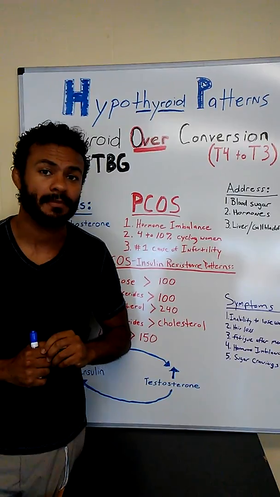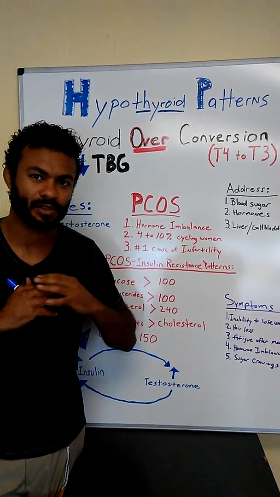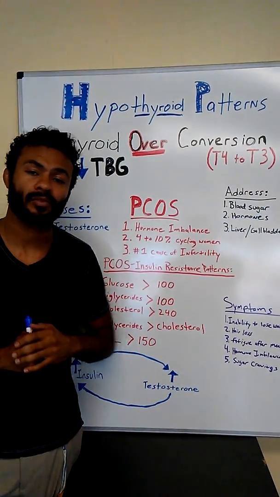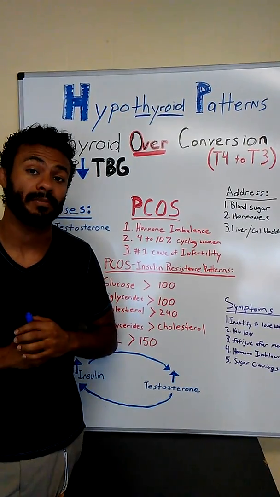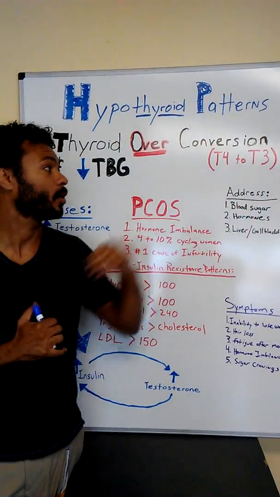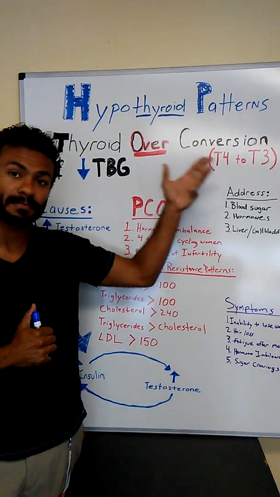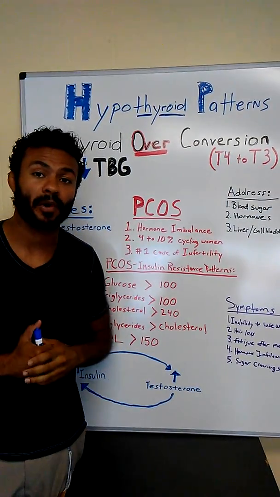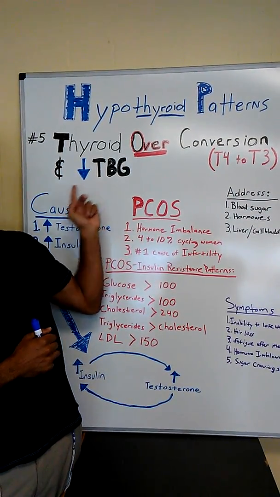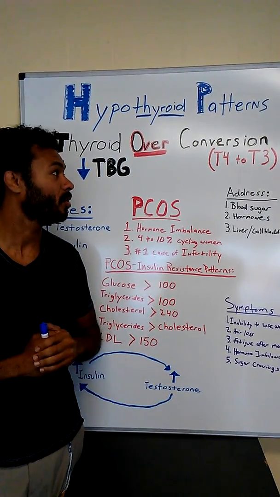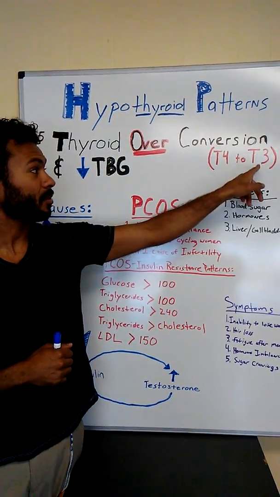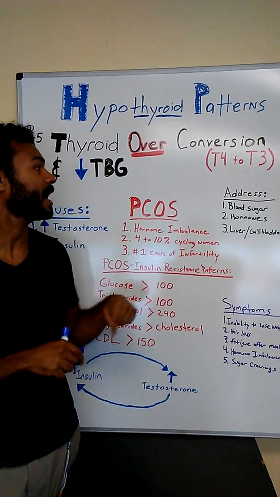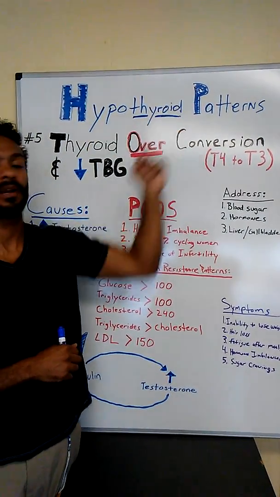It's very interesting because just like in insulin resistance, where the cells will block if you have too much blood sugar and too much insulin, the same thing is true when T3 is too high. The cells will actually block and you'll become thyroid resistant to the thyroid hormone. Another thing that's very common with this pattern is that TBG, which is basically the taxi for the thyroid hormone, is normally way down on the blood work. So the net sum of too much T3, the cells blocking the thyroid hormone, and the taxis that transport it going down,